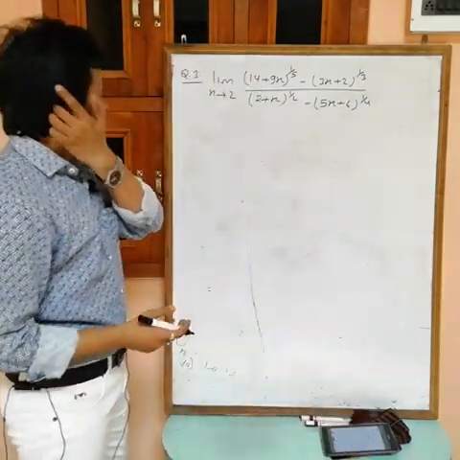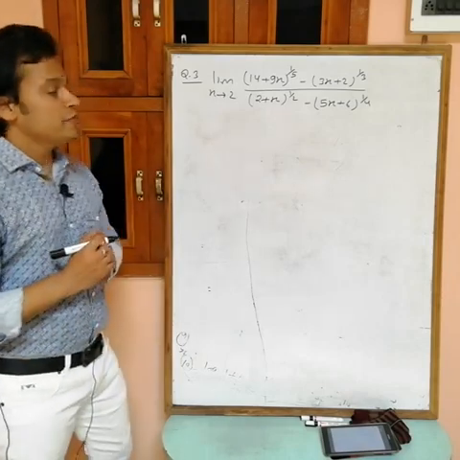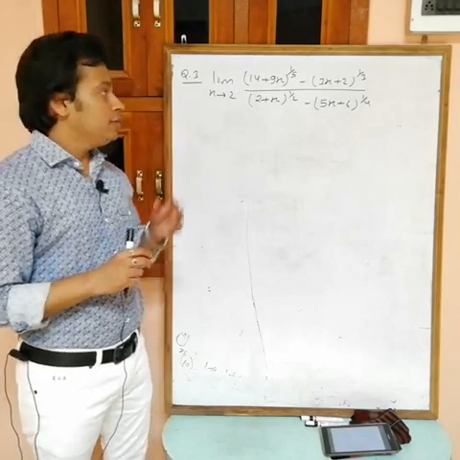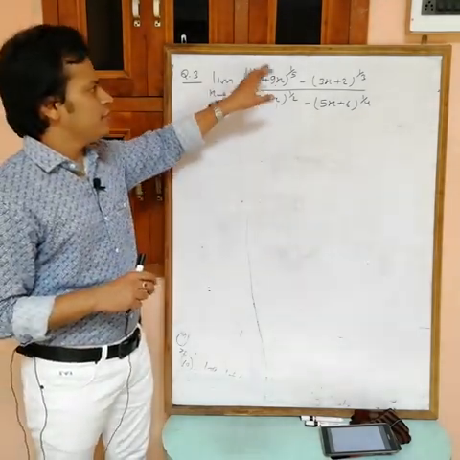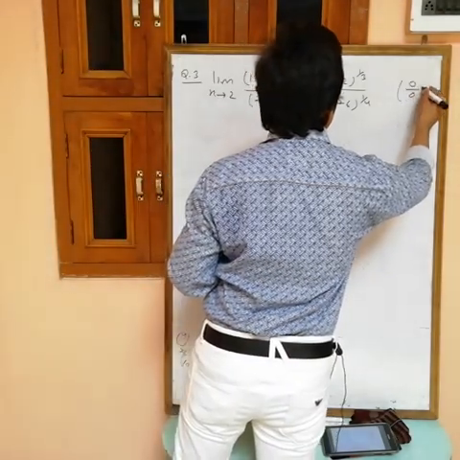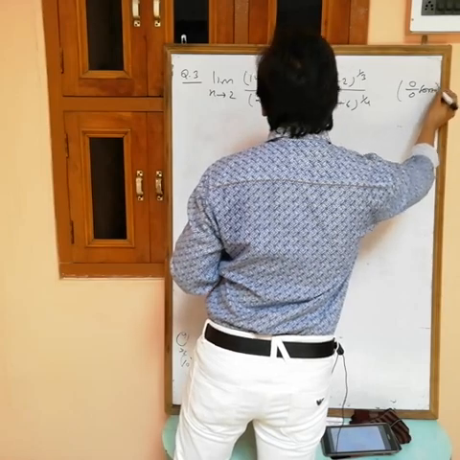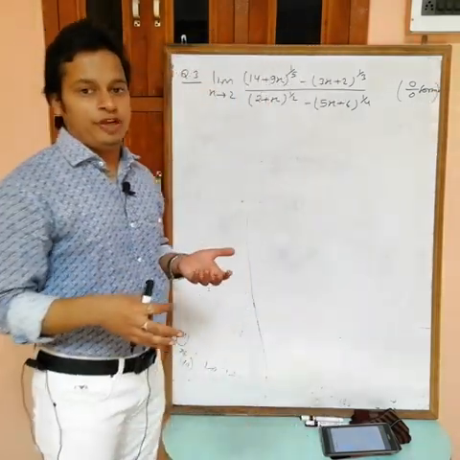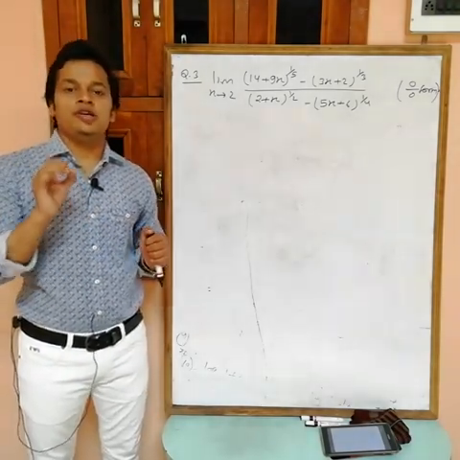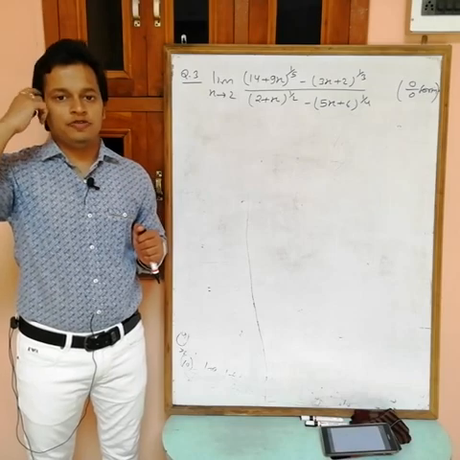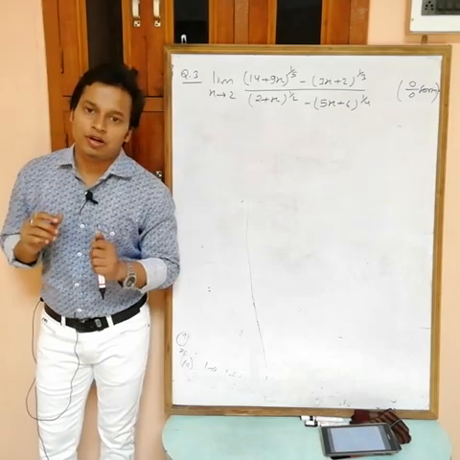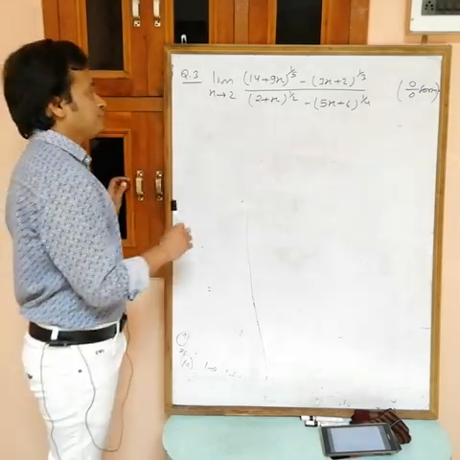Okay, again you can only expand if we have terms in the form (1 plus x) power n. Now if you put x equals to 2, then you will get 0 by 0 form. Now this is 0 by 0 form. It means directly we can't put x equals to 2. Why? Because we are getting an indeterminate form. If you are getting infinity, then okay, you can put the value of x directly, because infinity is a determinate form. But if you are getting any form out of the 7 indeterminate forms, then we can't put the value of x directly.